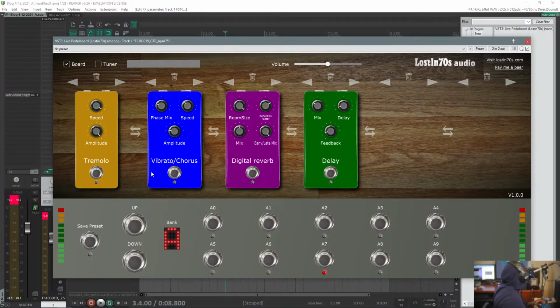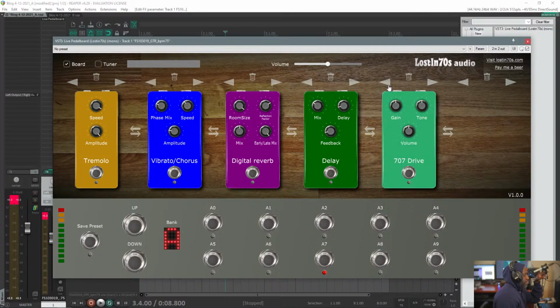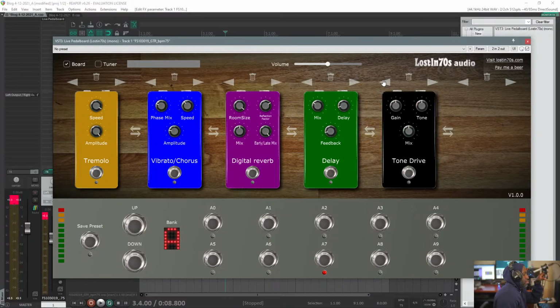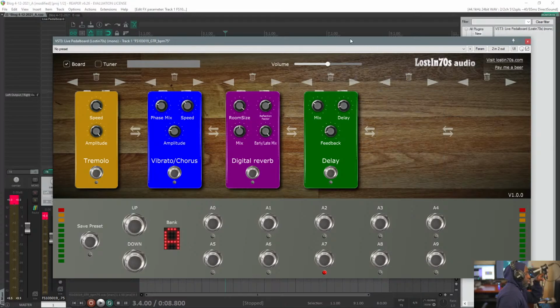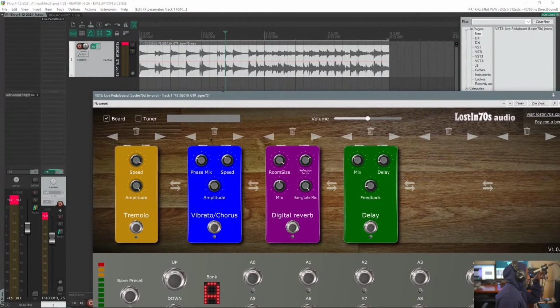Alright, so it sounds pretty good even on an acoustic. Some of the stomp effects do apply, like the reverb, tremolo also, delay, chorus. But I think once you get into some of the other stomp effects, like there's a compressor, but when you get into stuff like the drive and the different types of drives and fuzz effects, it might not translate well on the acoustic. So let's switch over to this other sample